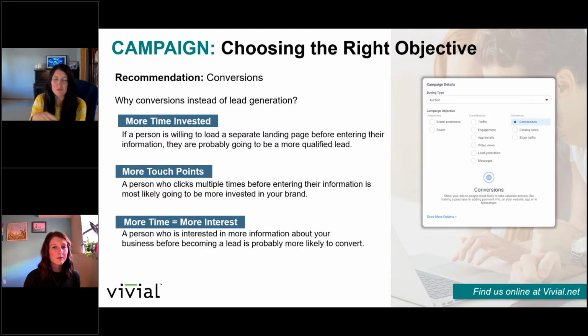Yeah, and I think it absolutely speaks to why we started on kind of the landing page, because the landing page is really where you're taking them to. They're going to leave Facebook, they're going to land there, and ultimately what we're trying to get them to do is give us just a little bit of information so that we can follow up and make the sale, get them in our store, whatever it might be. Good deal. Okay, let's keep going.